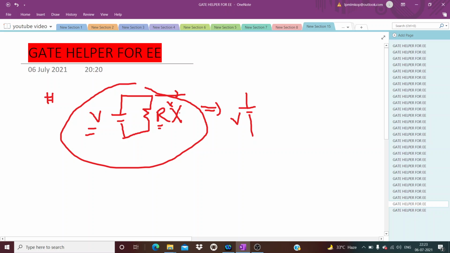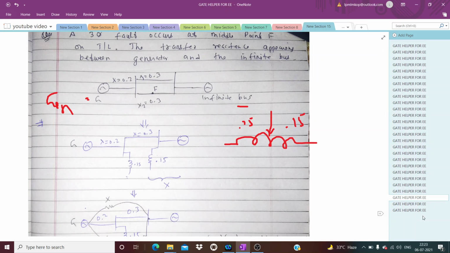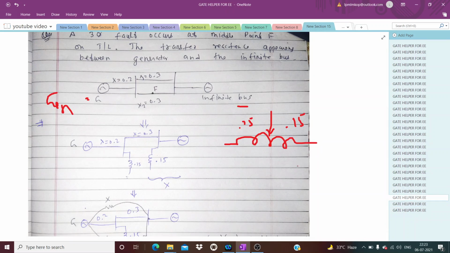So we neglect this. For finding source current we cannot neglect it, but for load current calculation we generally neglect this resistance. So this will be a simple voltage source. We generally neglect the resistance when it is connected in parallel with the voltage source. So this is what we are going to use. Let me explain one more thing at that time. So this is the concept.